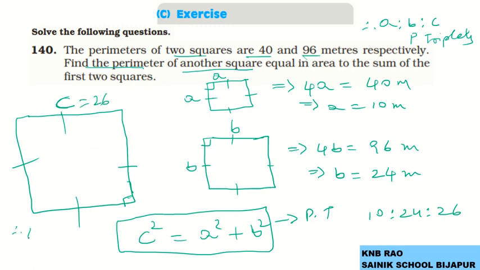Therefore, the perimeter of it is 4 times 26, which is 104 meters. This is the right answer. So, how to do the working steps? With the working steps,